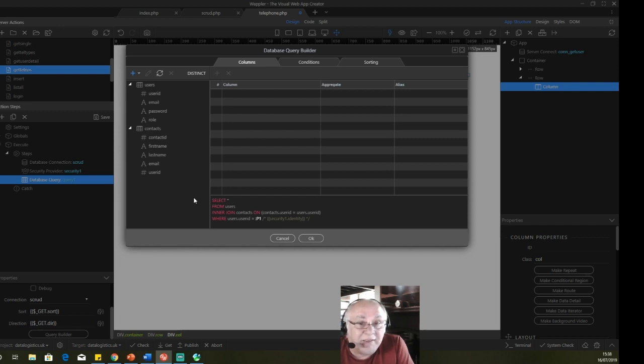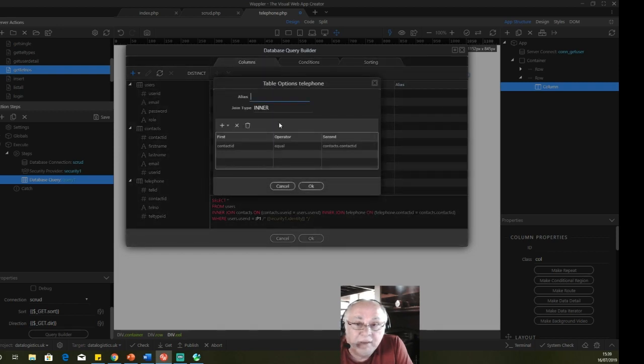Next, we need to add in telephone numbers. Now, in this situation, we've got to remember that there may not be any telephone numbers in here, or there might. So when we add that telephone numbers in, what we've got to remember is that, first of all, we've got to make sure that the contact ID within the telephone matches the contact ID within the contacts. But because this may well be empty at some point, or in initial cases, the telephone numbers, then